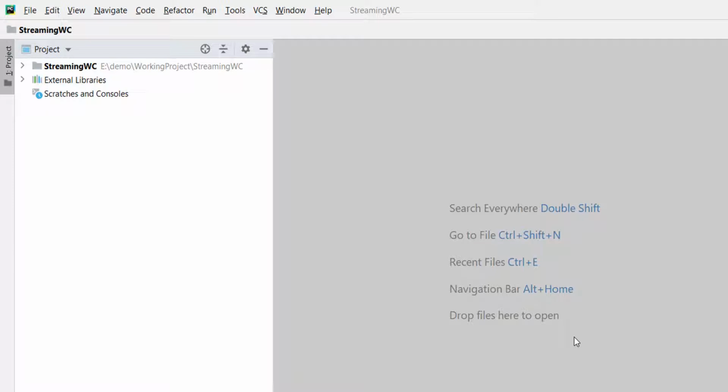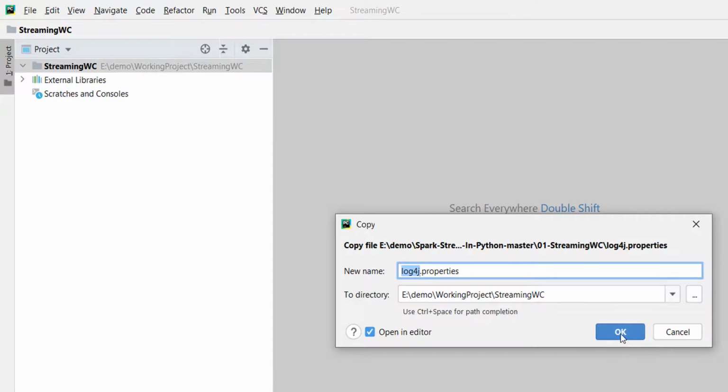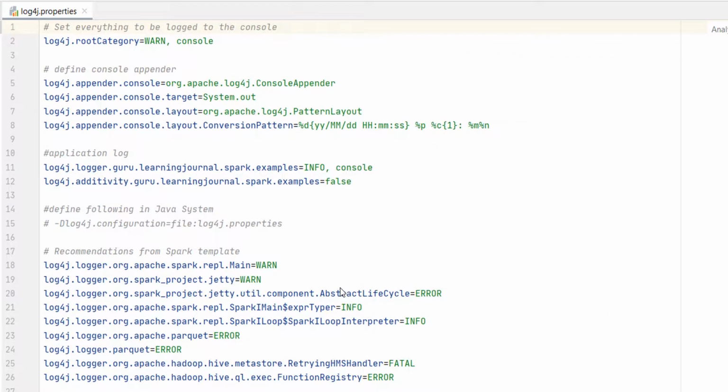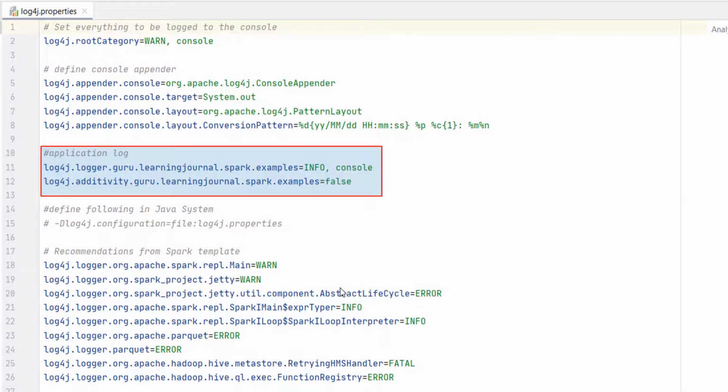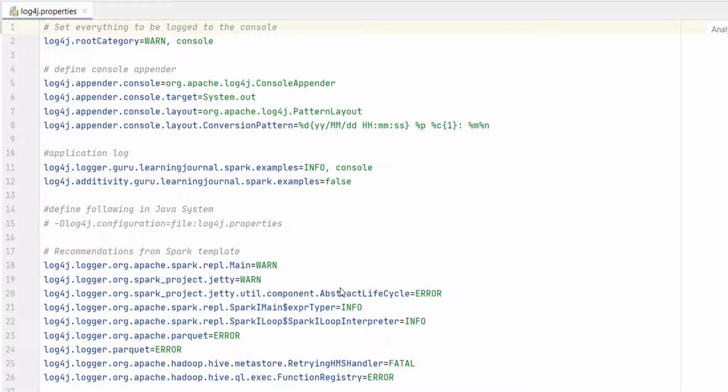However, you might want to configure Spark Log4j. You can do it using two steps. The first step is to add the Log4j properties file to your project. I already have one, which I am going to paste in this project. This file will help you control the log levels for your application. And it is the same Log4j configuration that comes as default with the Spark downloads. However, I made a small change. I changed the root log level to warn and also added this application logger at the info level. That's all. Rest all is the same as the default Spark Log4j properties template.